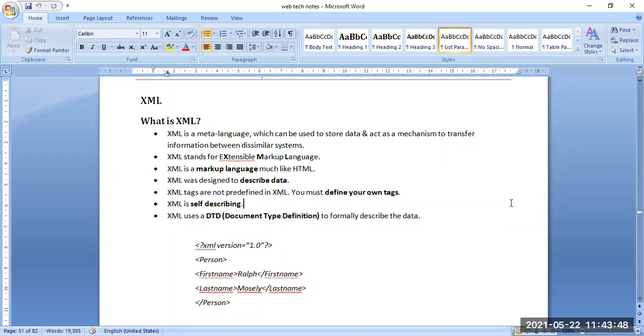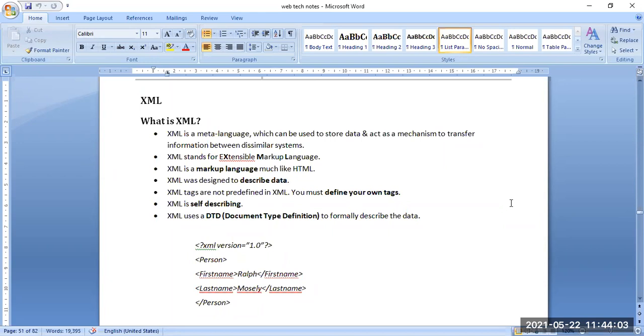So what is XML? It is a meta language, or we can say an application program interface also, that defines a set of rules for encoding documents in a format that is both human readable and machine readable.